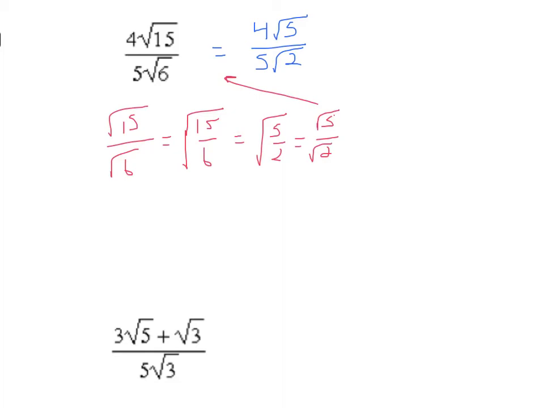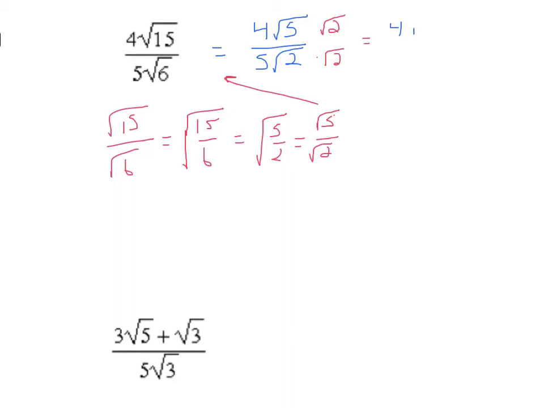Now that's an important step, because now when we say, how do we fix this? We have a root in the denominator. What can we do? Well, the step is called rationalizing. We rationalize the denominator. And what that is, we multiply top and bottom by the problem. And the problem is root 2. So if we multiply by root 2, but again we have to do it to top and bottom, otherwise the fraction is not proportional, we will end up with